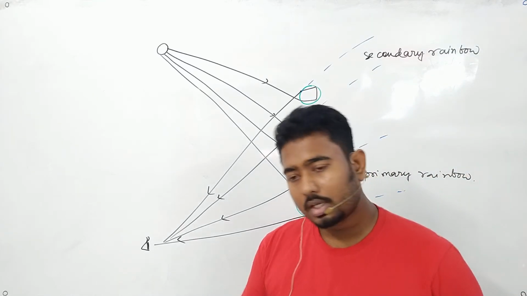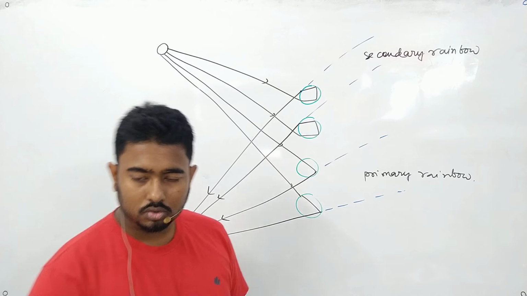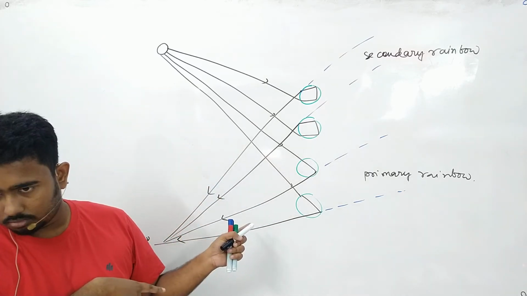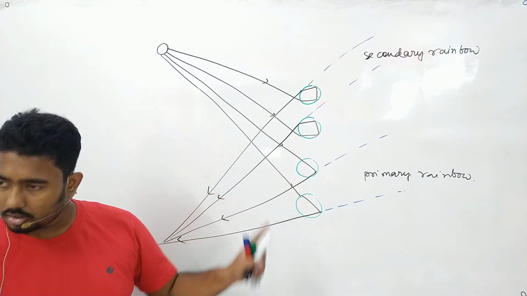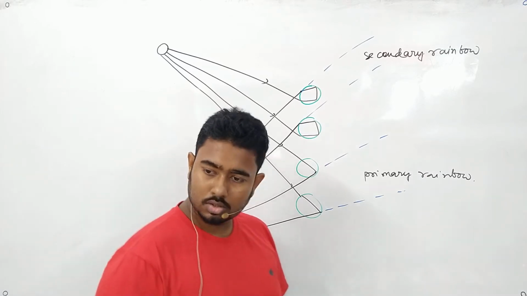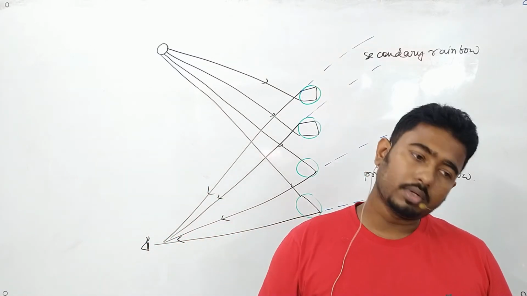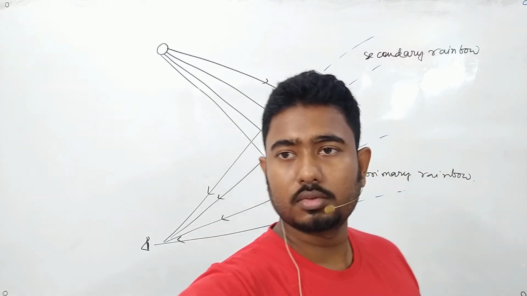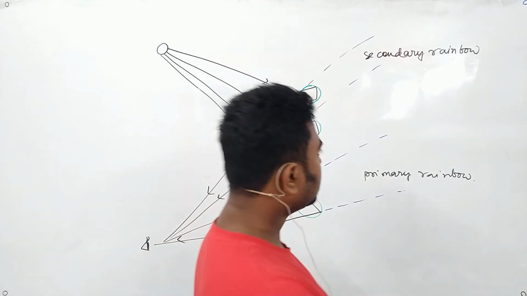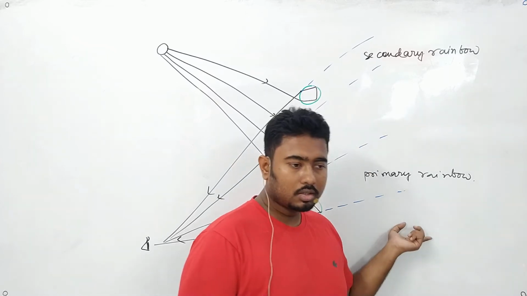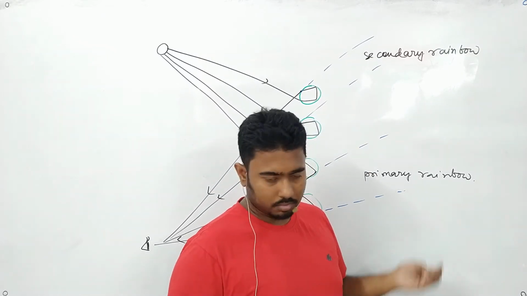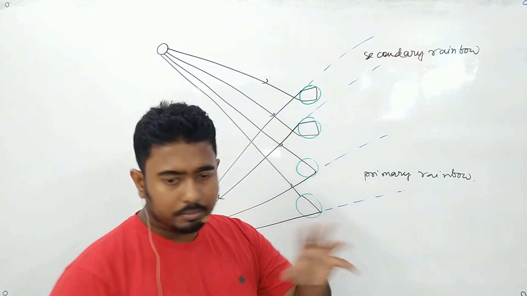Okay, so we can see a rainbow not only after rain in the sky, but in other small situations. If you follow it closely, you can also see it in other places where water droplets are involved. The question is, how will I understand whether it is a primary rainbow or secondary rainbow? There are many ways to understand.